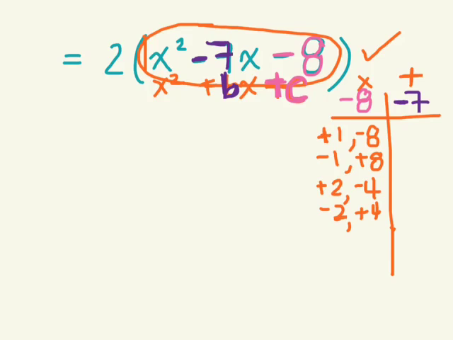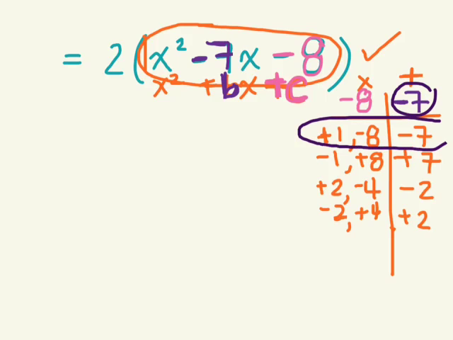What's 1 plus negative 8? Negative 7. Let's just double check and keep going. What's negative 1 plus 8? It's going to be positive 7. Then we have positive 2 plus negative 4, which is negative 2. And then negative 2 plus 4 is 2. What we were trying to find was which factors added up to negative 7. It was positive 1 and negative 8. Now that we figured out the two factors,